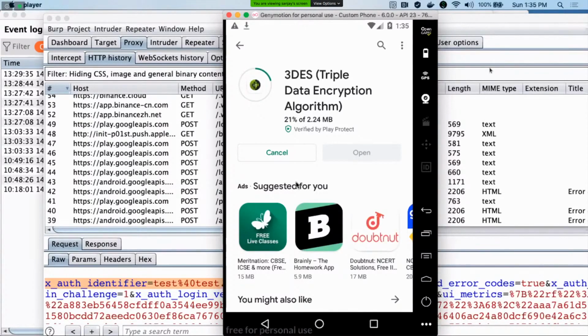Okay, so now it's installing. Sorry for the issue, guys.